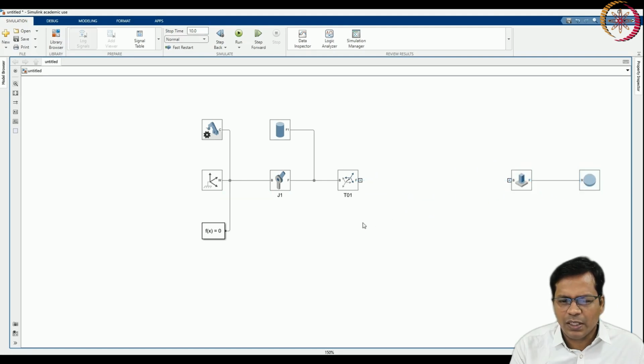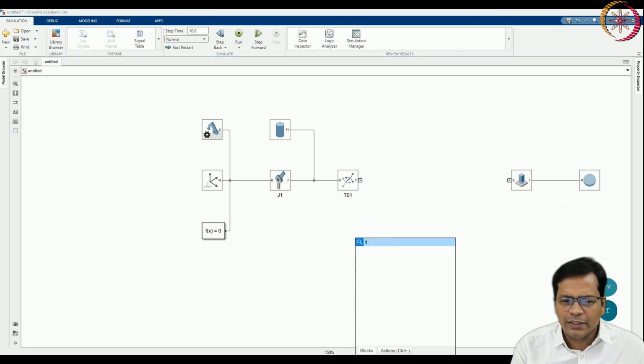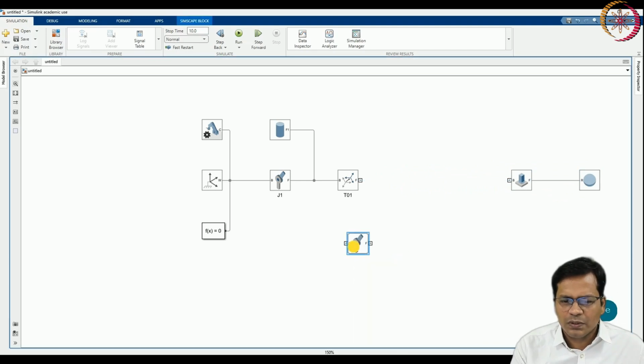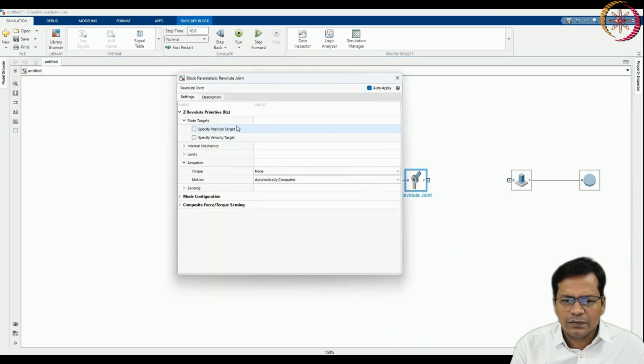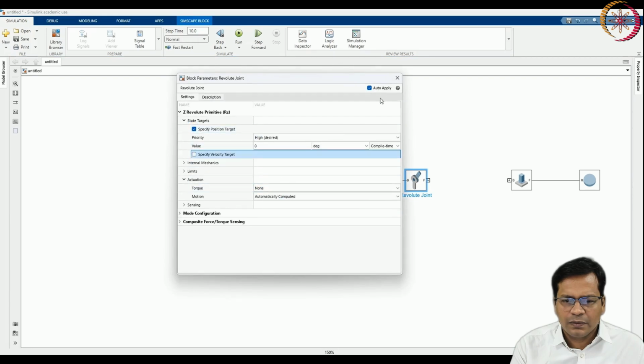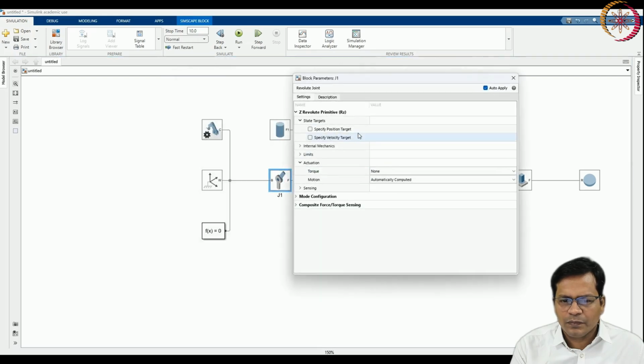I will introduce a second joint here and name it as J2. This is my second joint. So I will specify position target.